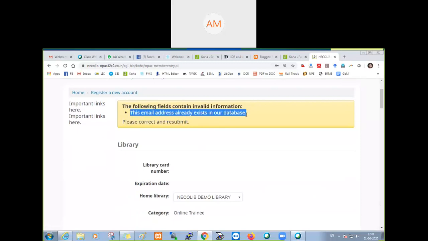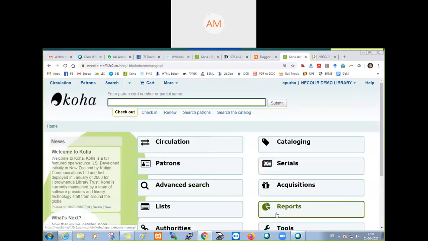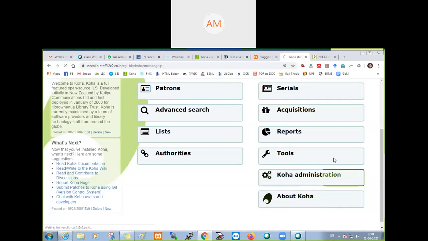Please correct and resubmit. So as you see, if you want your email ID to be unique, then you have to activate that. Where you have to activate? We have activated it in home, Koha administration.